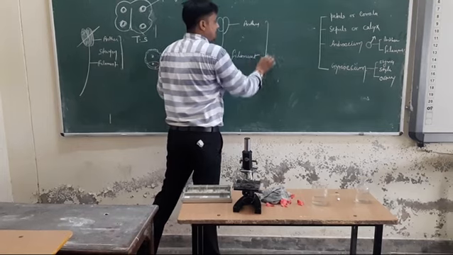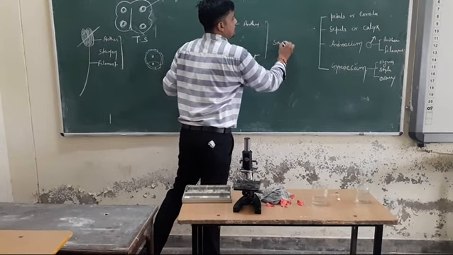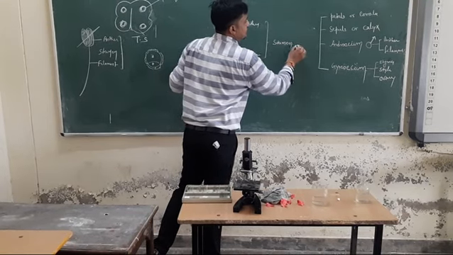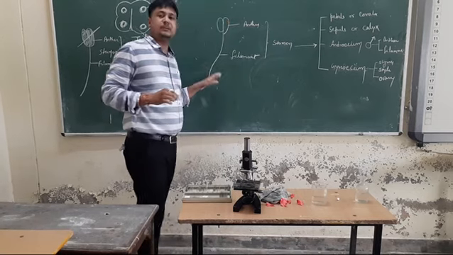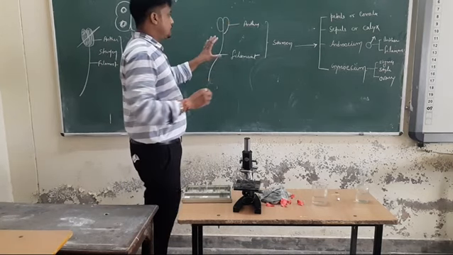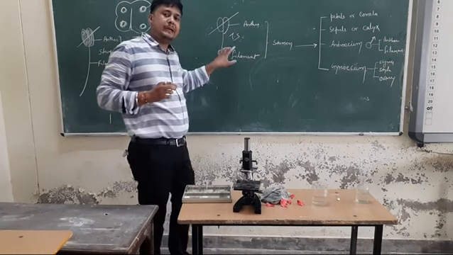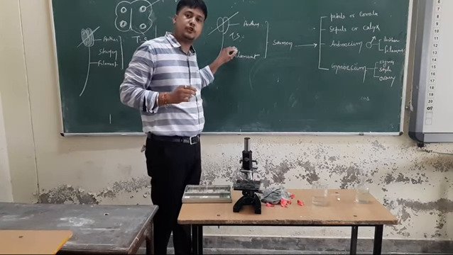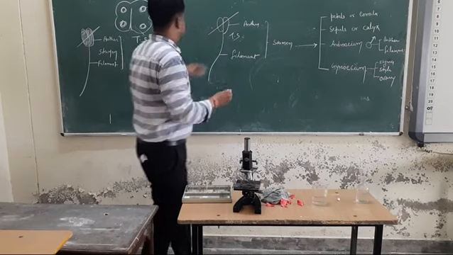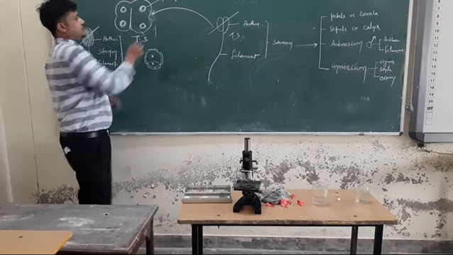When you take these two together, the filament and anther, you can say that this is called the stamen, or you can also say androecium. So the anther, if you cut the anther, yes, we will perform it in the lab. We will cut the transverse section of the anther. If you cut the anther, you are able to see this structure.